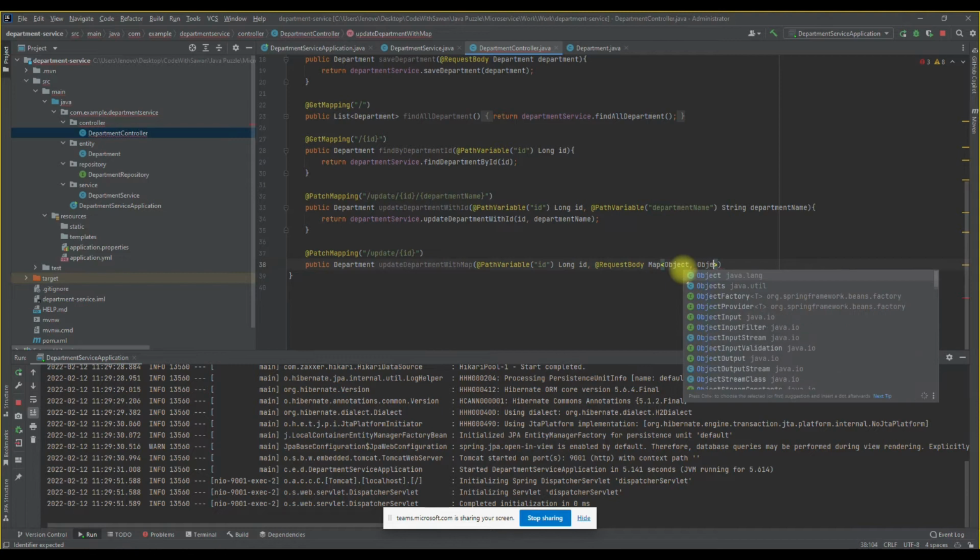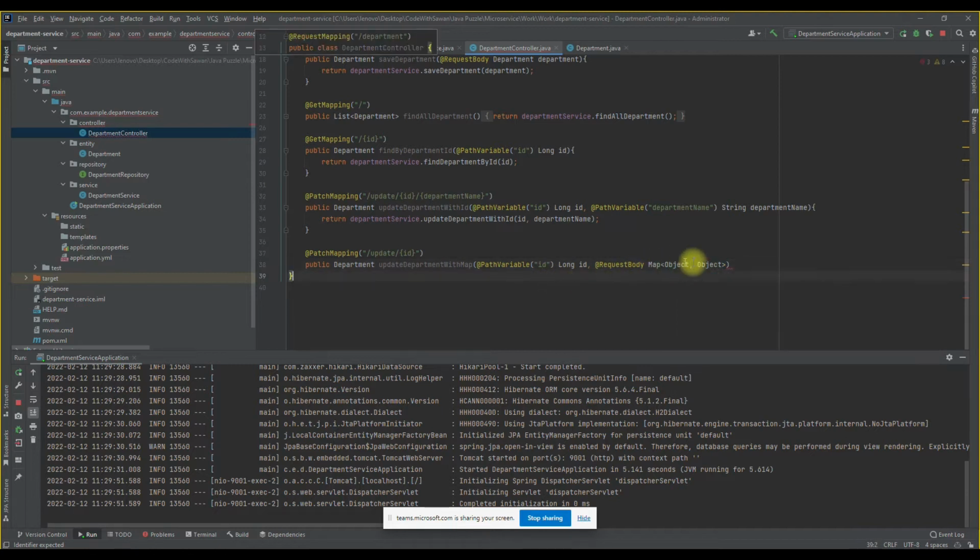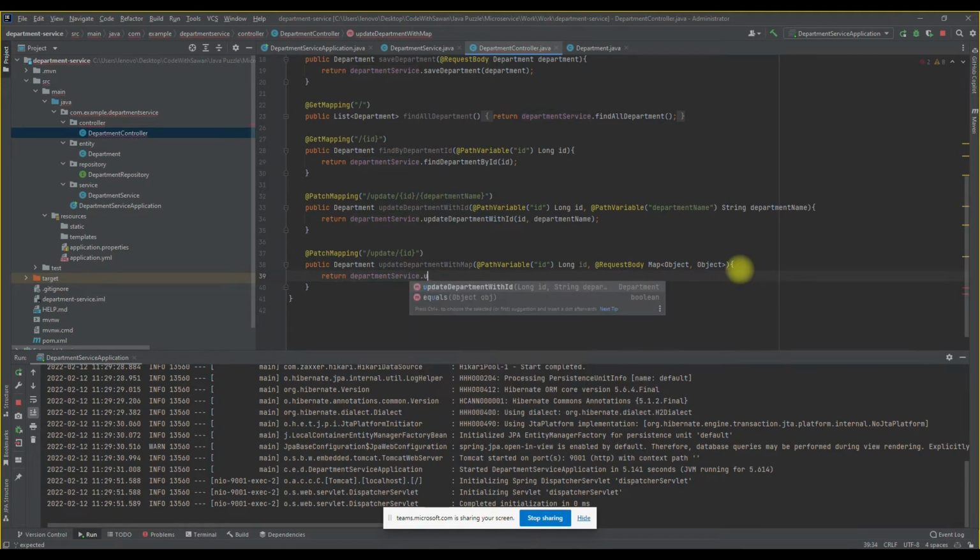Currently I'm using the object for the code. Then let me return the department service dot update department with map. Here pass the ID and